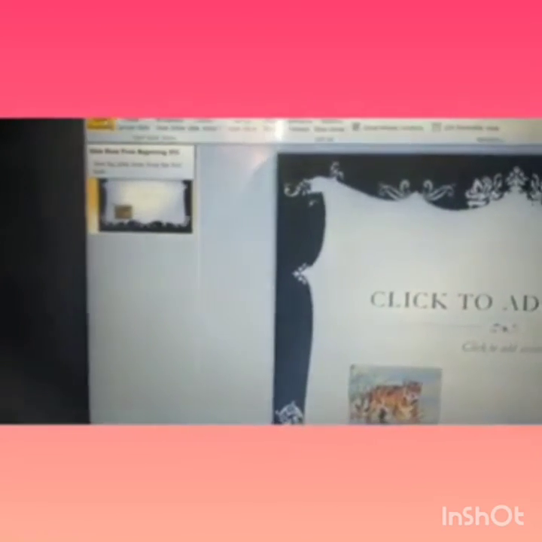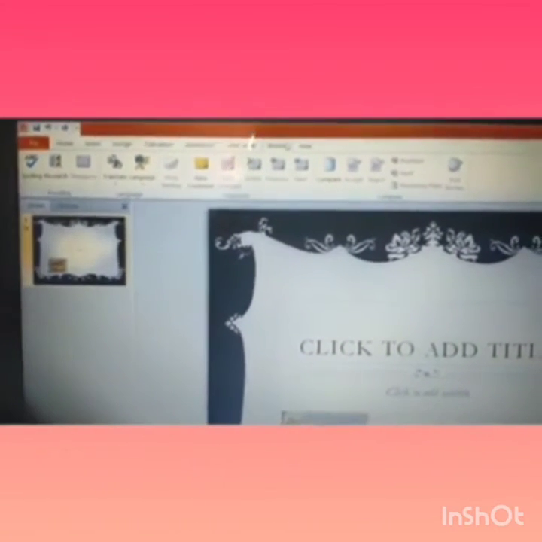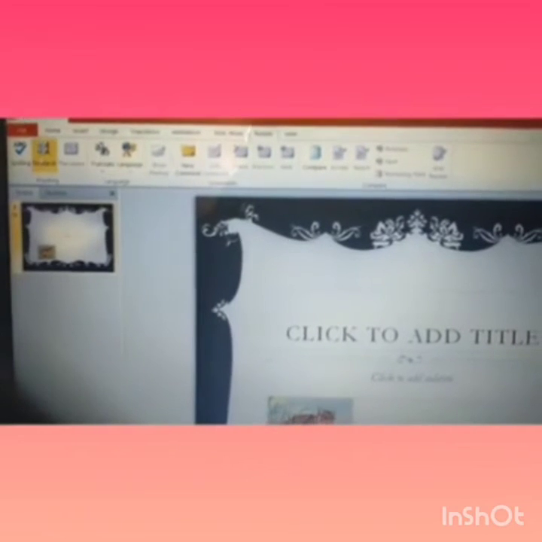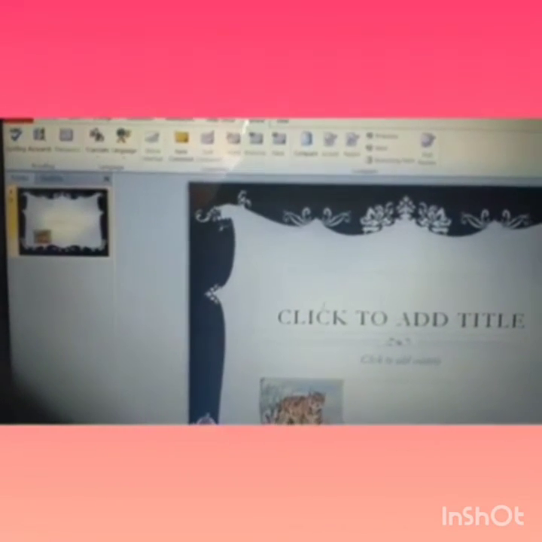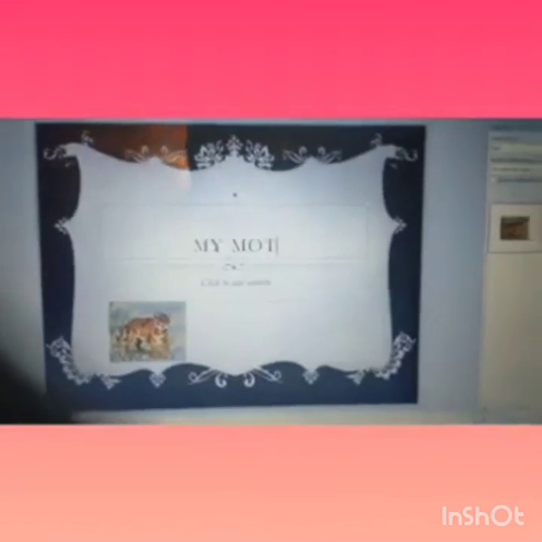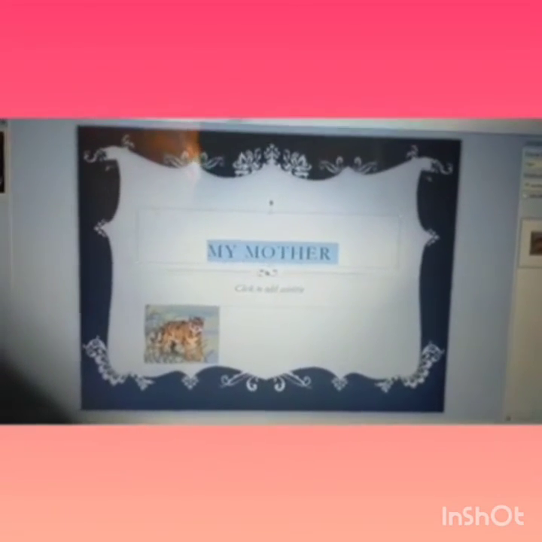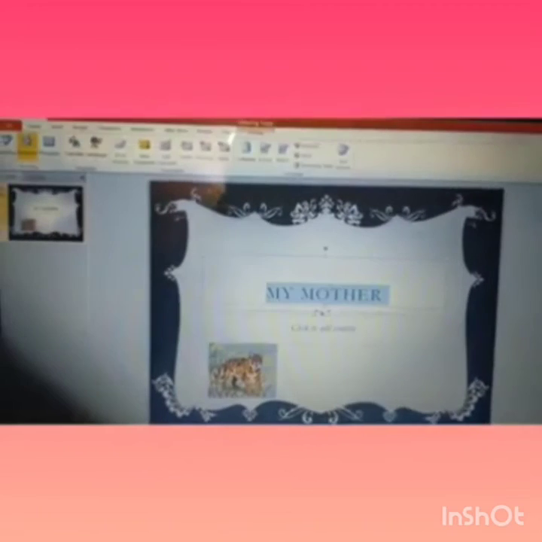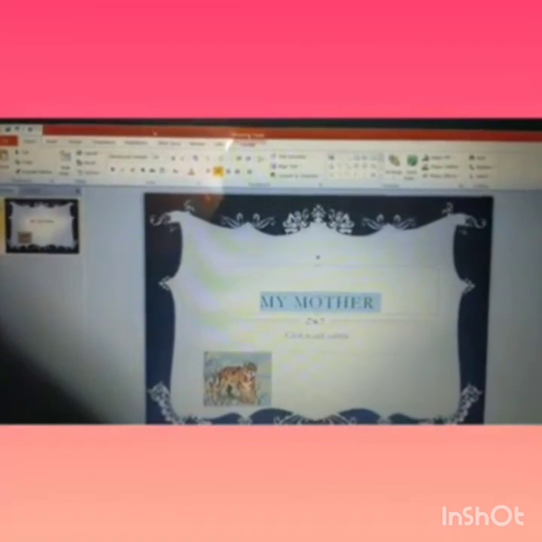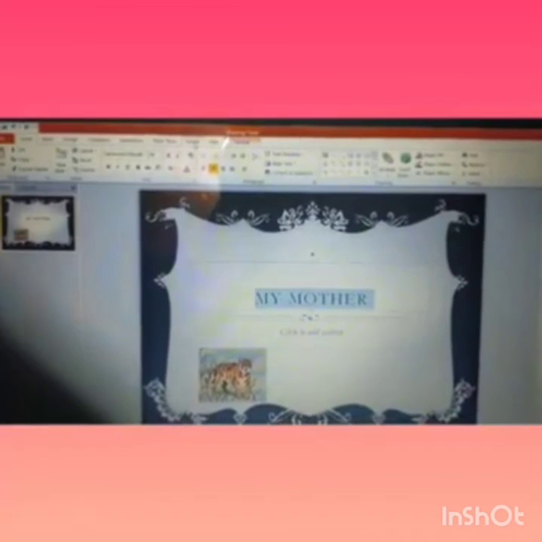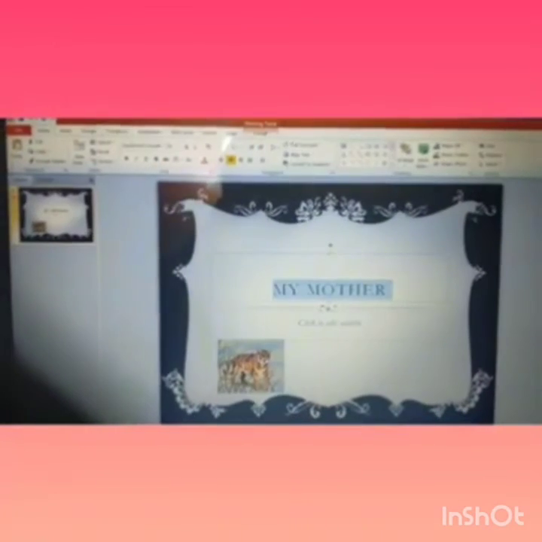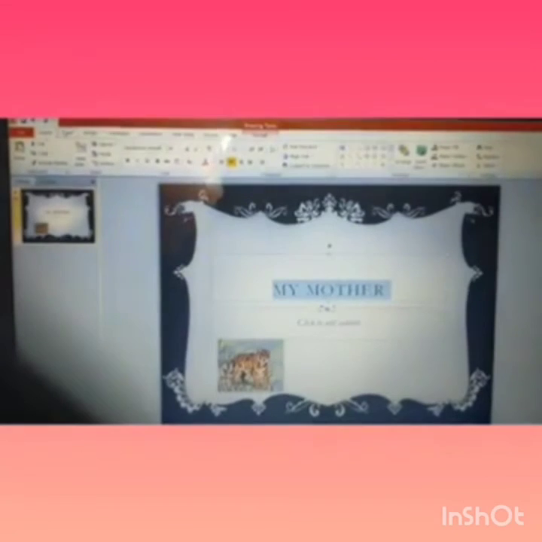Next toolbar is review tab. Click on review, and here you can check if you have given any title to your presentation. Like I am writing here my mother. So you can check the spelling errors in spelling, and thesaurus is also available here. Thesaurus, which provides you the synonyms and antonyms of the word. Okay, so as I am going to change the word style,